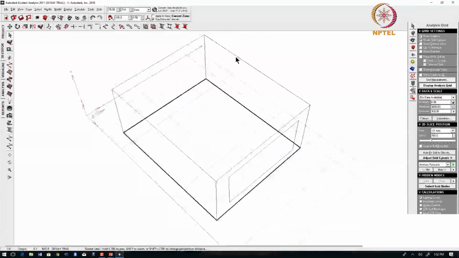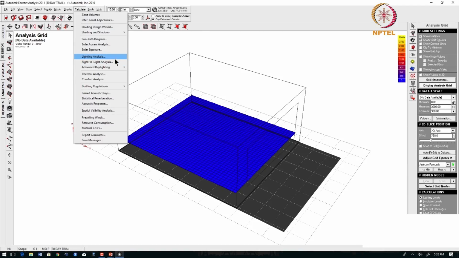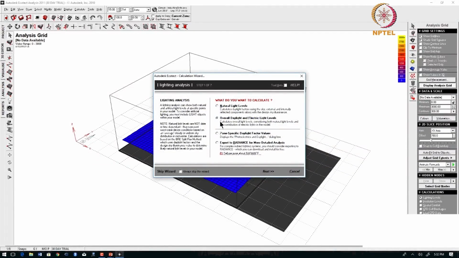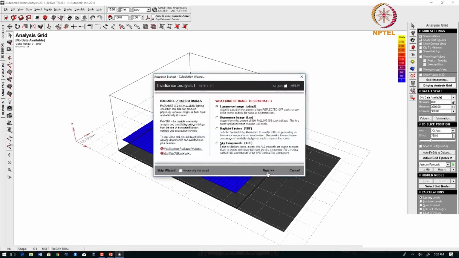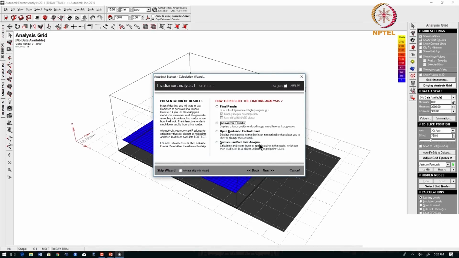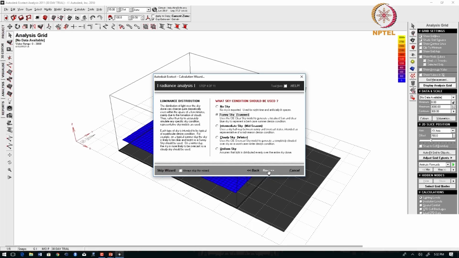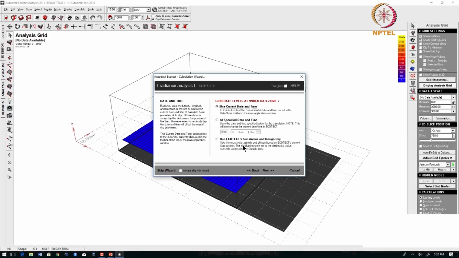Now I am going to run a small simulation, calculate lighting analysis. So, there are two options, this is directly doing in Ecotech and this is through Radiance. So, for this you should have installed this plugin called Radiance. So, I am doing for the sunny sky. Let us see what is the lux level. So, I can also select what is the time I want the simulation, say 21st September and 12 hours.